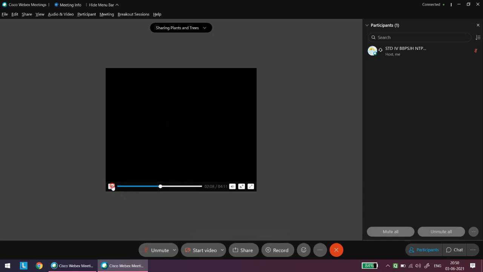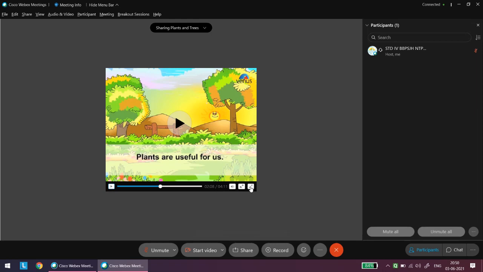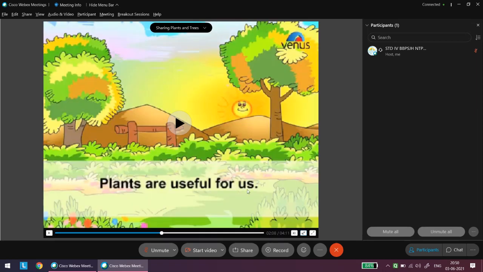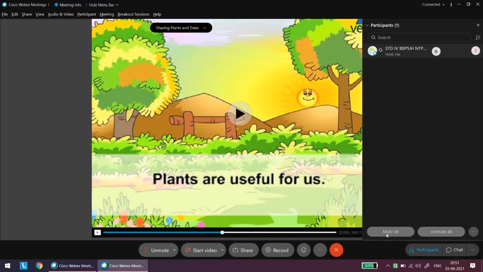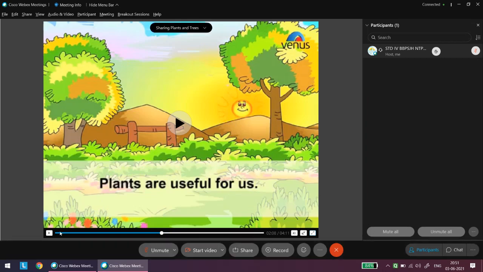There will be other options which you can try. You can expand the case, fine. You can increase or decrease the volume. Here we need not share the screen, and we need not keep our microphone unmuted. We can directly play the video from the share file method, and mostly the students will be able to hear. You can even maximize the video and minimize the video as per your liking, but in most cases these videos will be played.